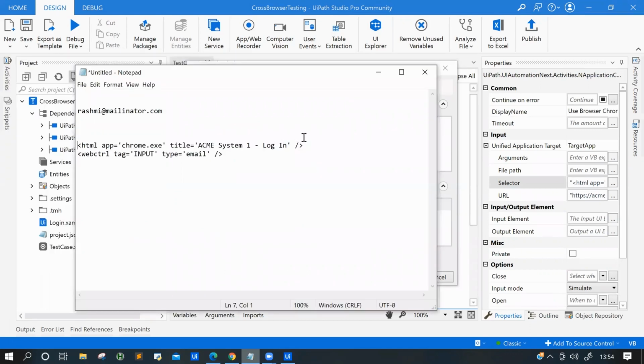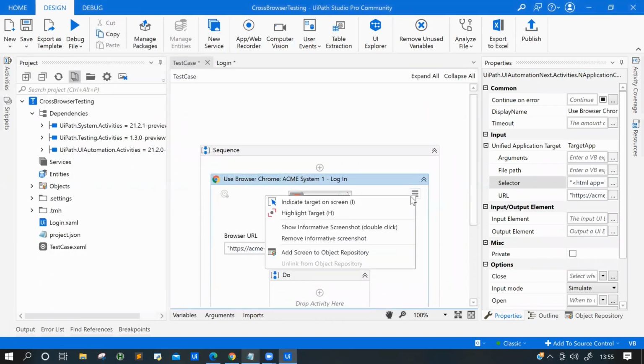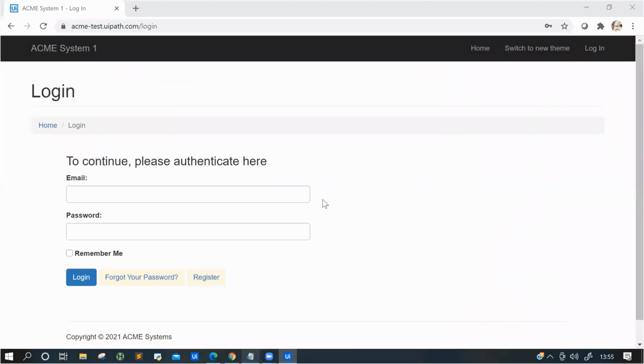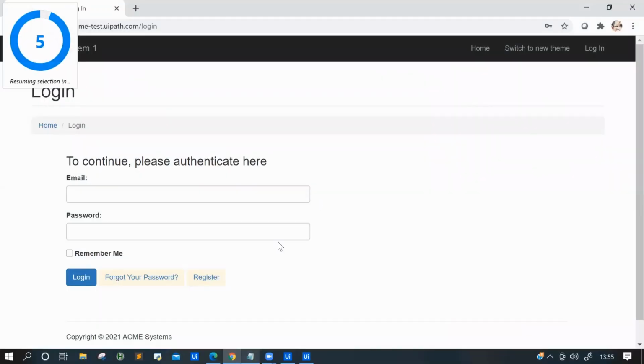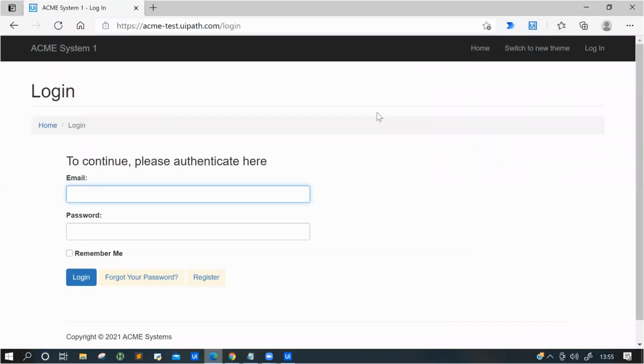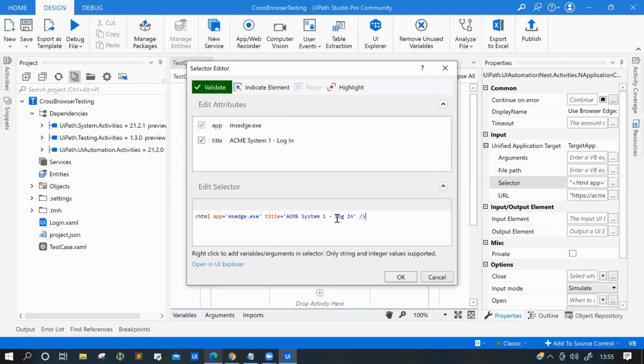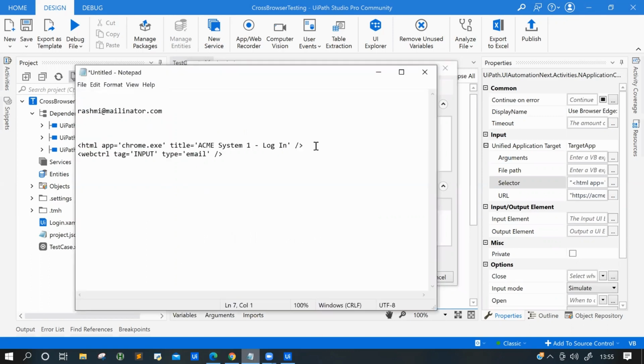Yep, Chrome, this thing, and let me just see for the Edge. That means for the different browser, how it's behaving. So F2, this is the Microsoft Edge. You can use any other browser which you want to test. And in this case I am getting the selector this thing. Okay, cool. If you notice, only the app name is different, rest everything is the same. Let me just type this also in the notepad.